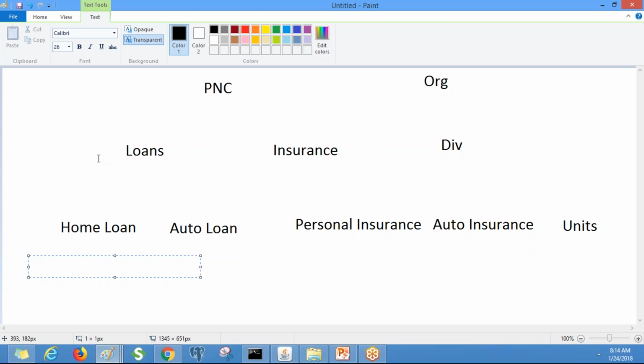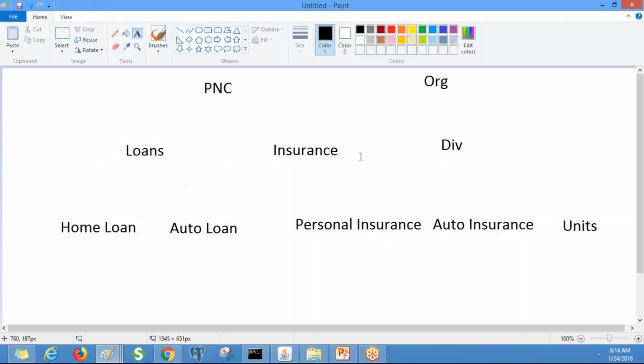If you put the customer details form under the loans division, it will be available only for home loan and auto loan. Again we would need to create it under the insurance division to make it available for personal insurance and auto insurance. So instead of creating it two times, I will create the customer details form at the organization level. Clear? So that it will be available to all the units.